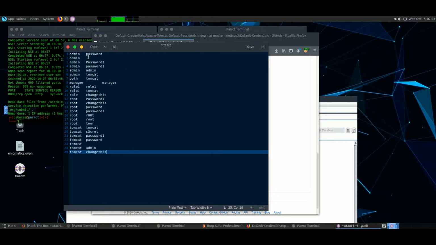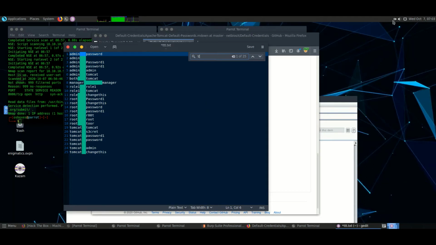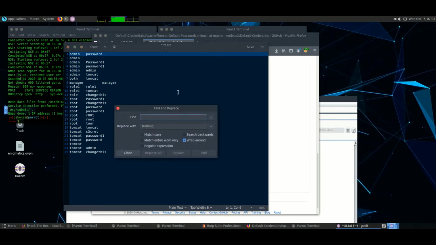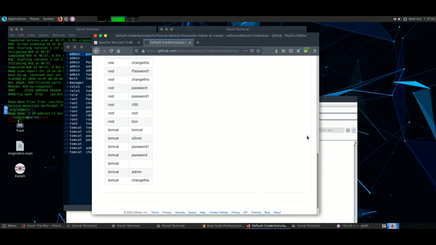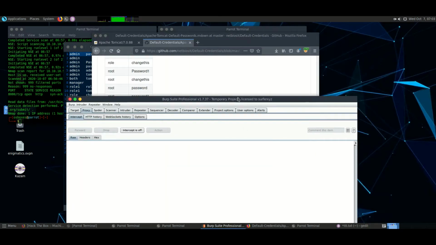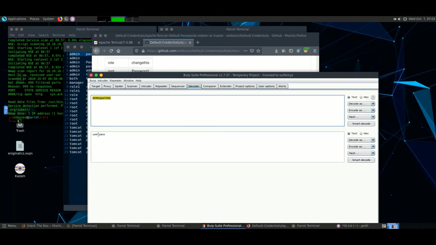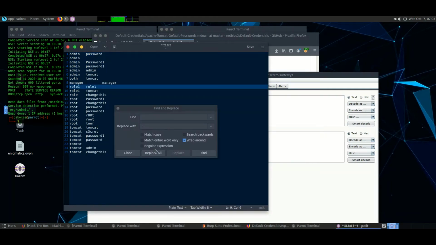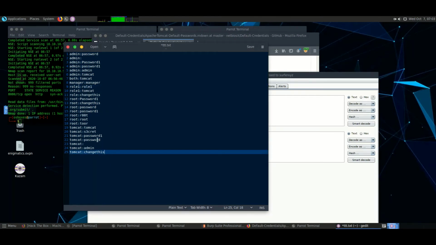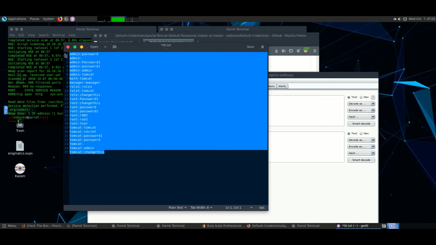Okay. So when we saw it in the decoder, the space was absent, so we replace the space with a colon. Done.